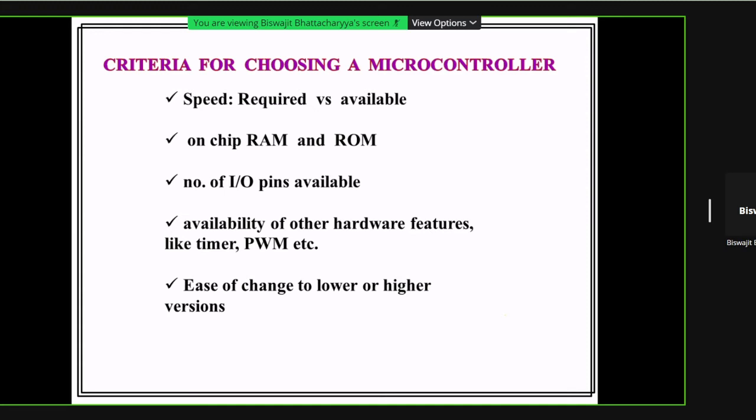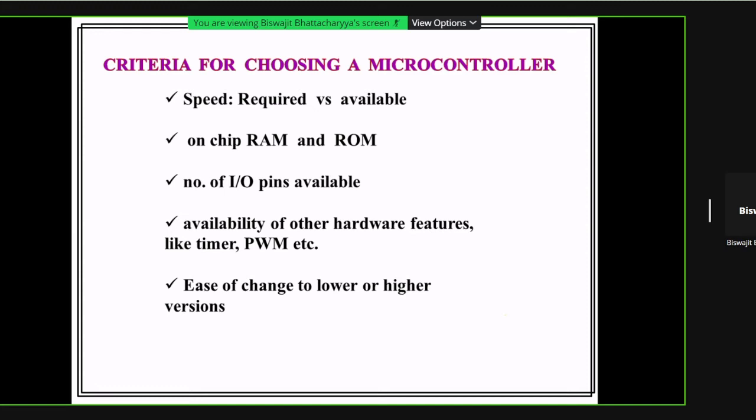Then there is the availability of other hardware features like timer and PWM, pulse width modulation. There are many other features. So which features do we need and which are available in the microcontroller? Based on this, we can select a microcontroller.